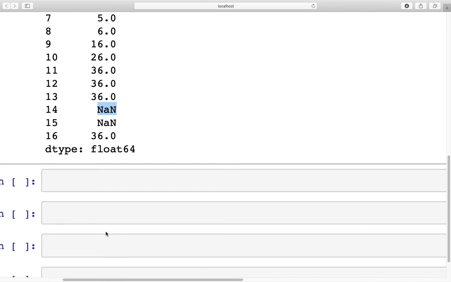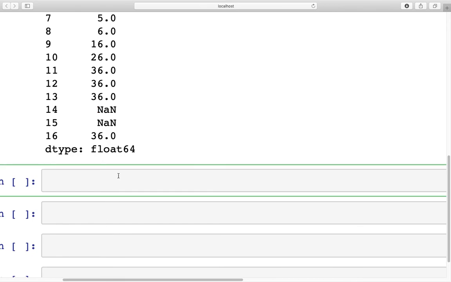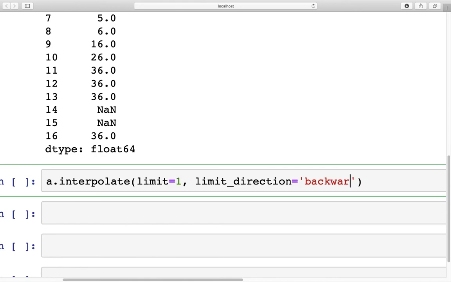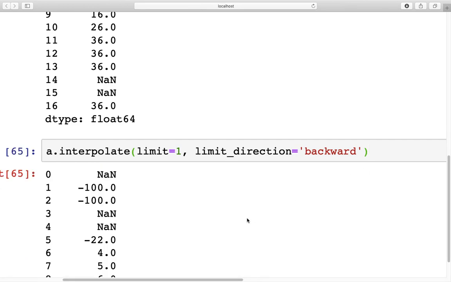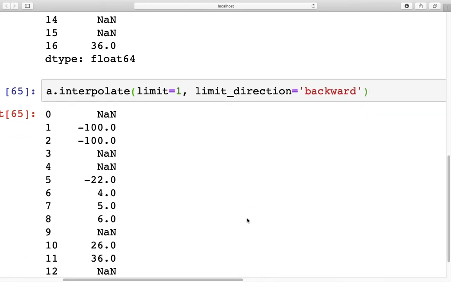Now in addition to limit, there is another method where we can change the direction. So if we type a dot interpolate limit is equal to 1 and limit underscore direction is equal to backward. So this is similar to the backfill that we have seen in the previous video. If you do that, then what we are actually doing is